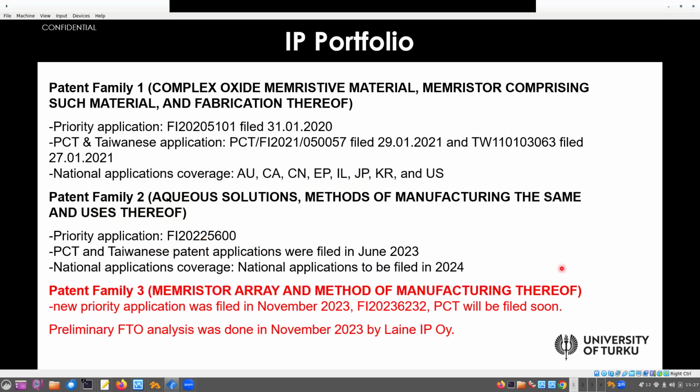About the IP, we have the IP on using this material for memristors. We were the first group to actually do the full phase diagram. It started from the very beginning of actually synthesizing the material. Nobody else had done that before. And then we have these two other patent families on the chemical solution deposition, and on the manufacturing method of having only these 3 layers in between: the GCMO, aluminium oxide, and the aluminium as the whole